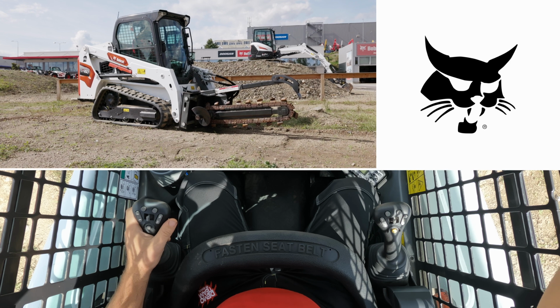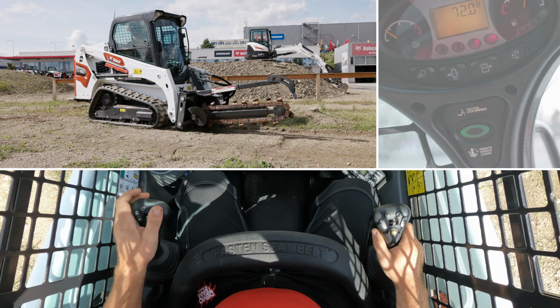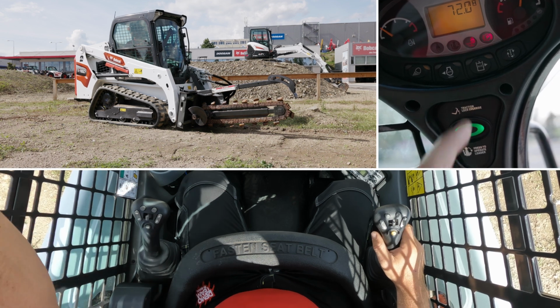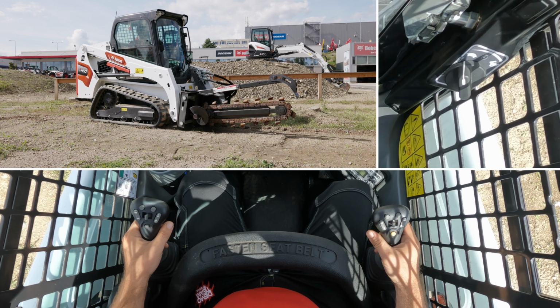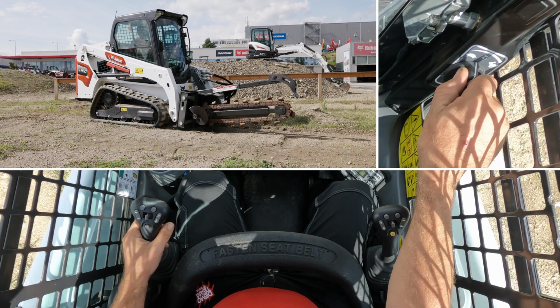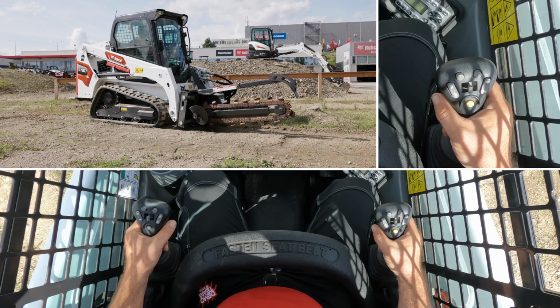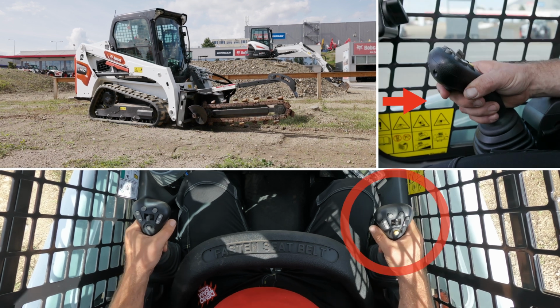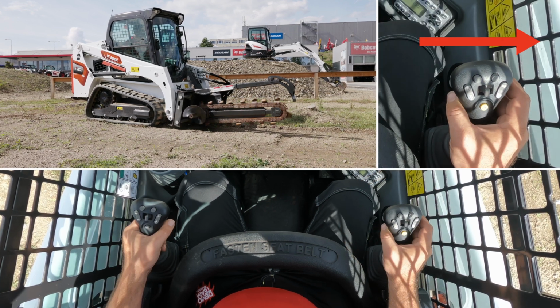So, to start, you start the engine, press to operate, activate the aux, standard flow only for this model, increase the RPM, and you start the rotation of the chain by pressing the trigger on the right joystick. And now you can slowly put it into the ground